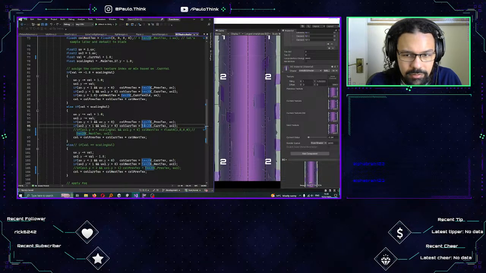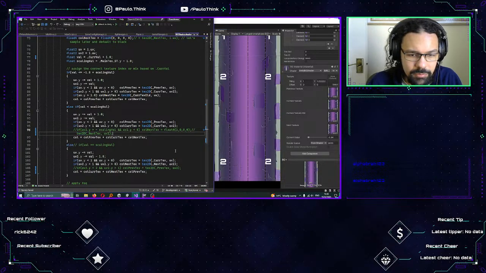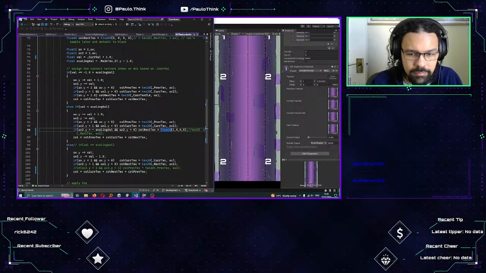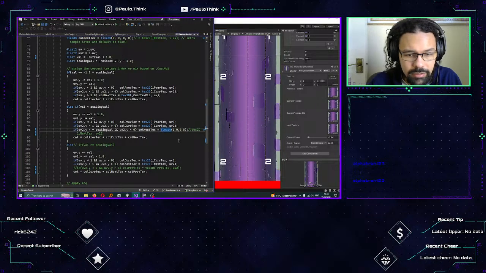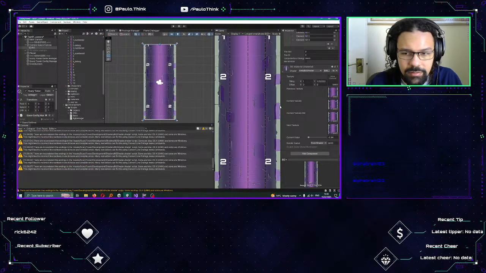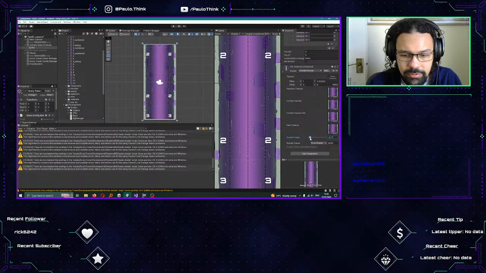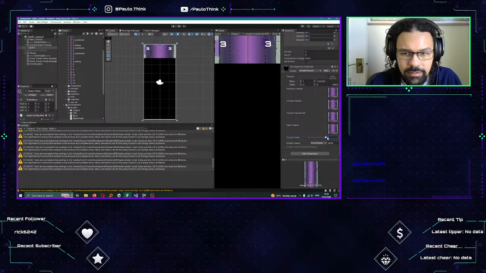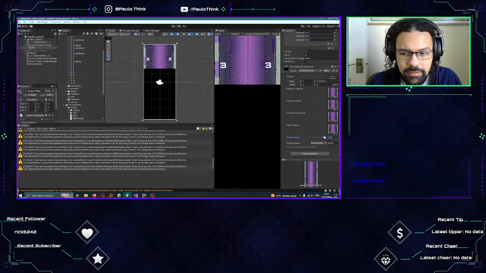So those two are correct. This is good. Now this one is also correct. Yeah, that's good. So right there. So that's the next texture, 3, which is correct. Now here,